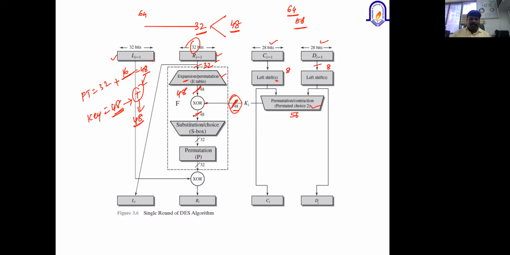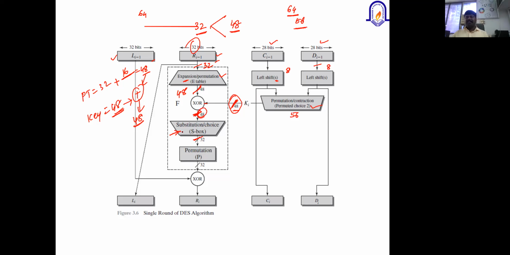So whatever we did, the 32 bits have been mapped into 48 bits, and the 48-bit plain text with the 48-bit key produces a 48-bit output. Now, from this 48-bit output, we are going to shrink back to 32 bits. Why are we adding some extra values and then removing some extra values?